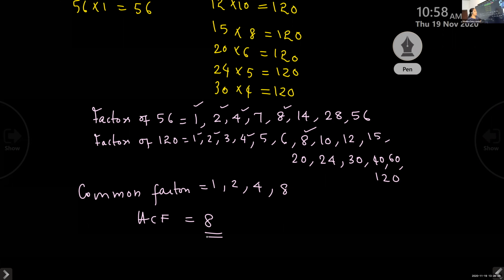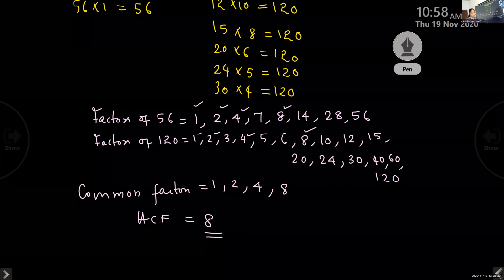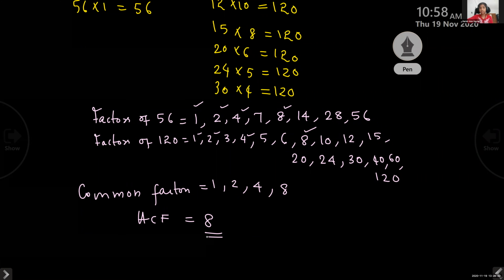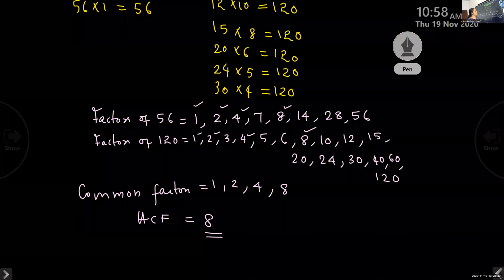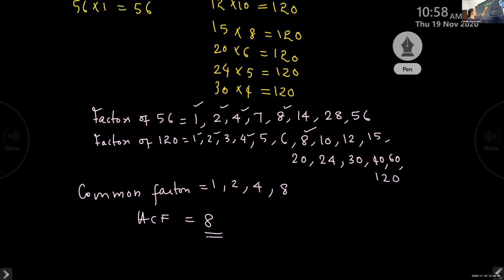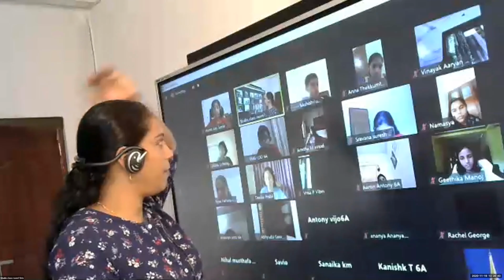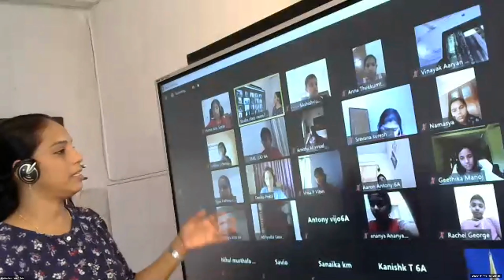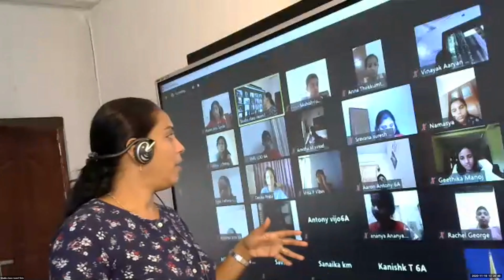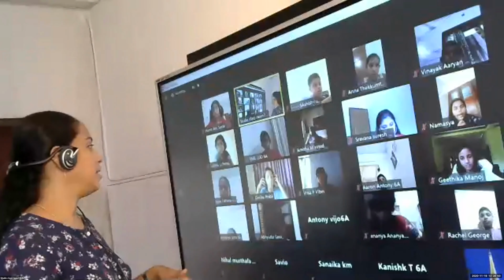Okay. So we found HCF also by this method. This is for explanation. It is the usual, ordinary, general method to explain and to understand what is HCF. But we won't always use it. It is a long process. You have to do a lot of calculation in this. So we will use the HCF division method.